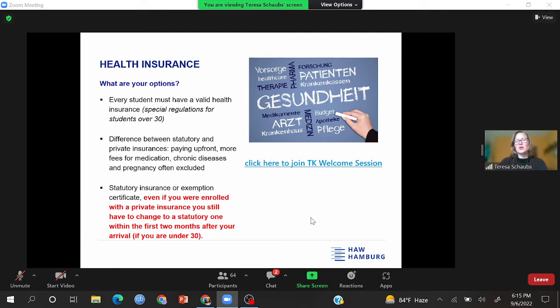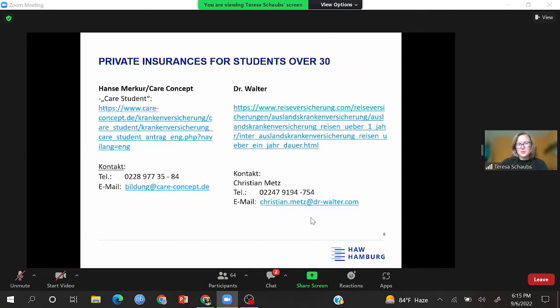And secondly, there are not so many private insurances accepted by the immigration office, because we actually only know of 2, which is the most important information for the people here in the group who are over 30 already. So if you are enrolled right now with a travel insurance, for example, that's valid for 2 or 3 months, or I don't know what kind of insurances you chose.